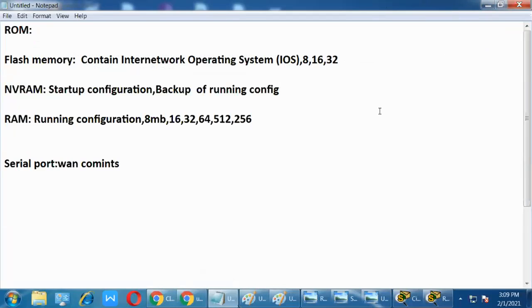Why in the router we don't have a hard disk, we have flash, because a pen drive has a chip, right? Because the router is running 24/7. If we fix a hard disk, the hard disk has magnetic plates, right? They are moving, so when moving, it produces energy. So anytime it is going to crash. When it crashes, your network goes down because the router is not forwarding, not showing the destination path. So who will forward, and who will create the path? So that is the reason the router doesn't have a hard disk.